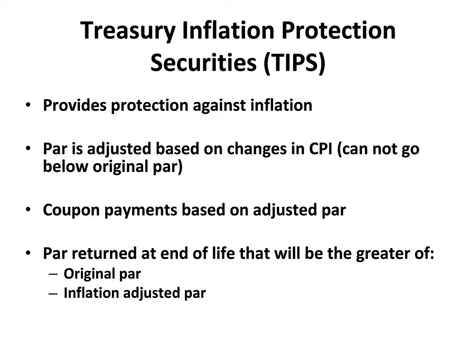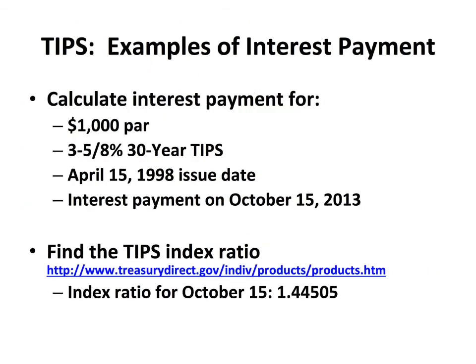Also, each one of the coupon rates during the year is going to be inflation adjusted. The process for doing that is shown on the next several slides. I'm going to give an example here, and this is a real example. We're going to calculate the interest payment for the following bond. It has $1,000 par. It's a 30-year TIPS security with a 3.58% coupon rate. It was originally issued on April 15th, and we're going to calculate the interest payment on October